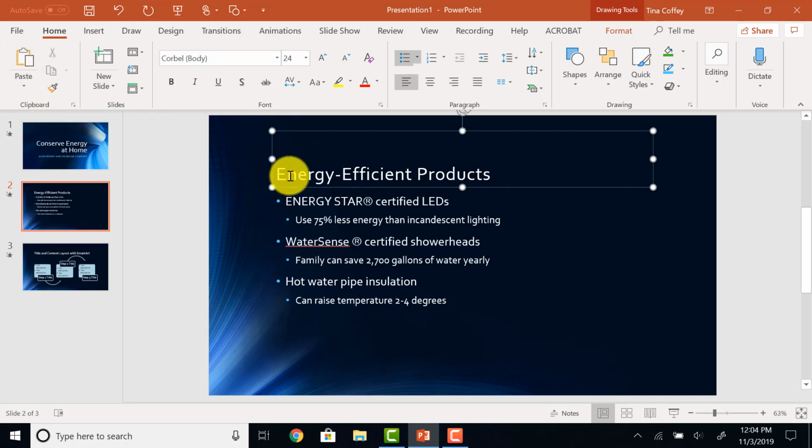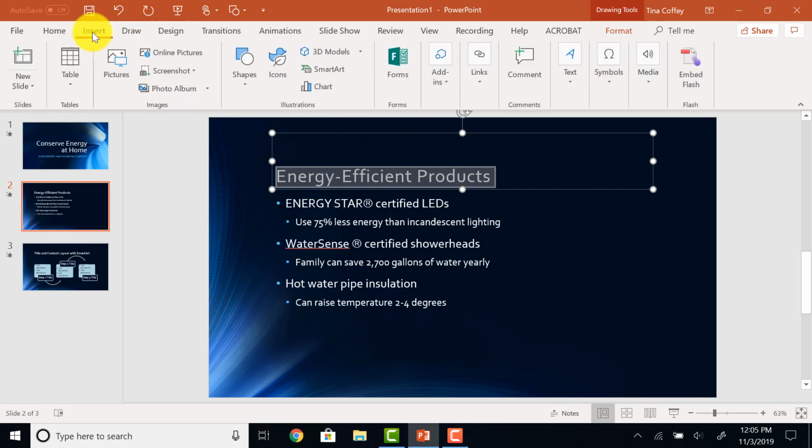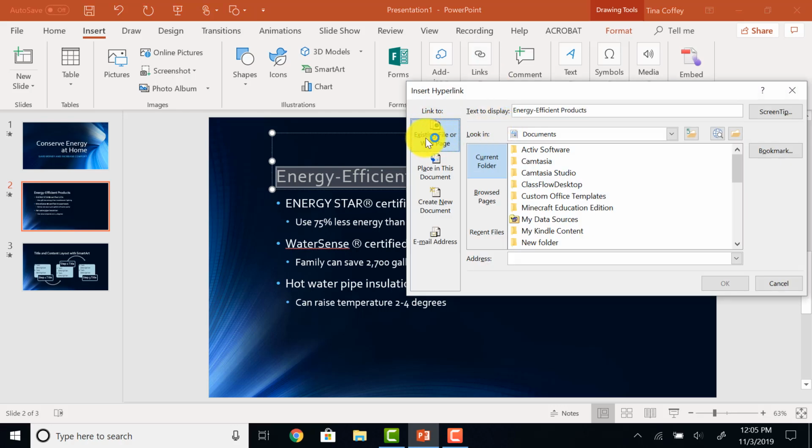I'll come back up to Energy Efficient Products, and I want to make this title a hyperlink. So I can triple click on it to select the whole paragraph, or I can click and highlight it all. And then I'll go to my Insert tab, and there's an area for links. So I'll click Links and choose Link. Make sure it says Existing File or Web Page, and then come down to where it says Address and type the address that I want this to link to. So in my slideshow, if I then click on this, it will take me to this website,